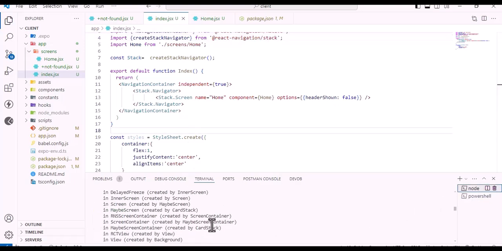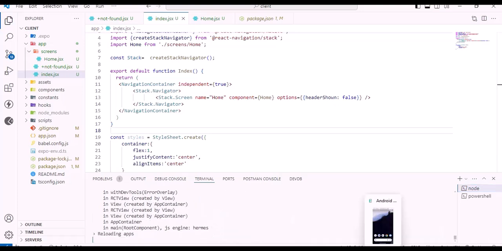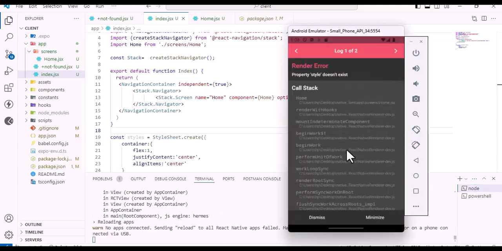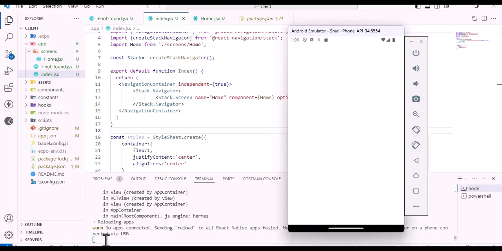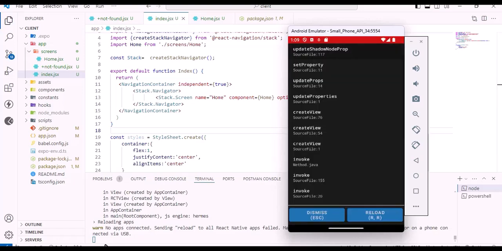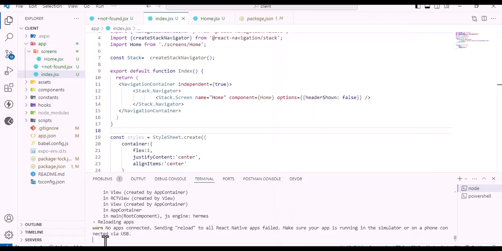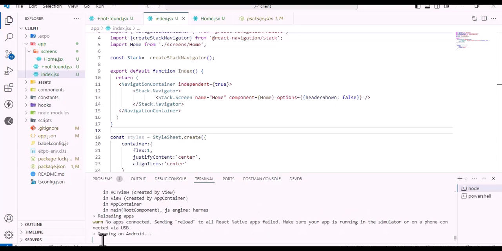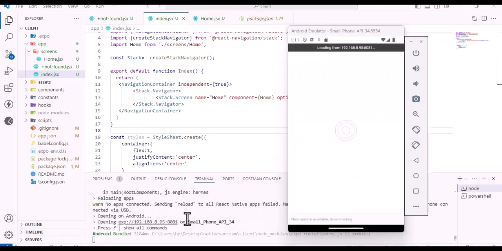Now let's rerun our application. If you reload our application, let's press A on the terminal for reloading again on the Android device. So here in the home screen,